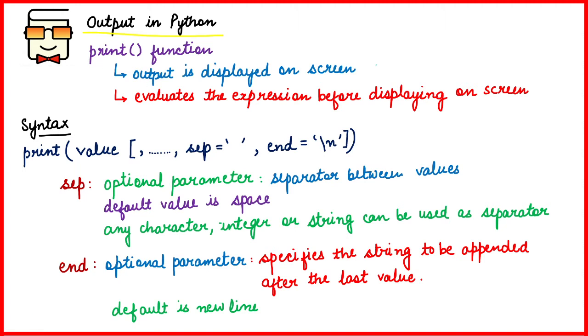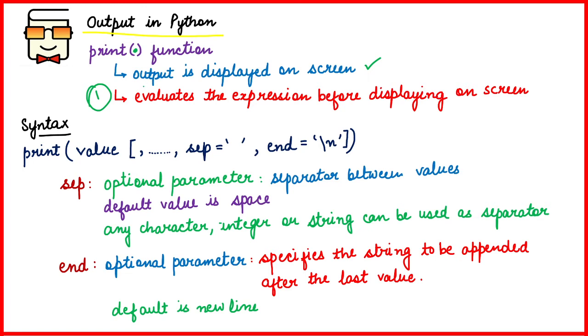Now the print function displays the output on the screen, and one important thing that you must remember here is that whatever argument you provide to the print function, if it is executable, or if the argument specified between the brackets of the print function is an expression which can be evaluated to a value, then first that expression will be evaluated, its final value will be calculated, and only the final calculated value obtained after evaluation will be printed on the screen.